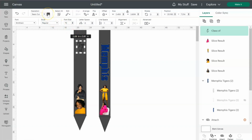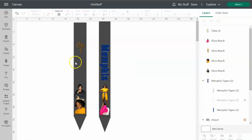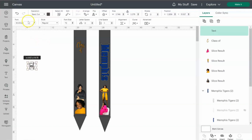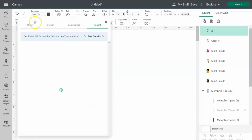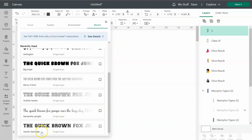And I'm going to change that to orange. Okay, and go back to text. And this time I'm going to do 2023. So here's my 2. Oh, get rid of that T. 2. And I'm going to change the text to this Varsity Game Day font, and I downloaded that from Creative